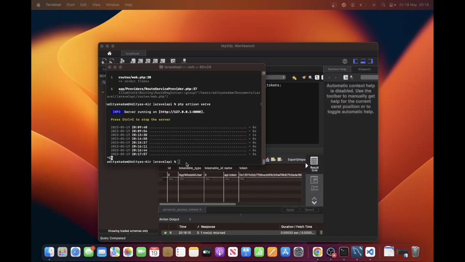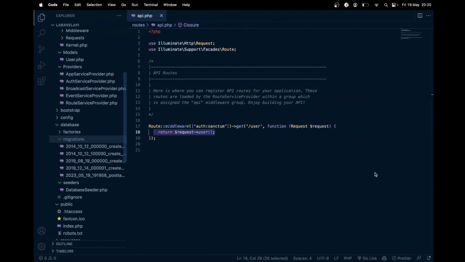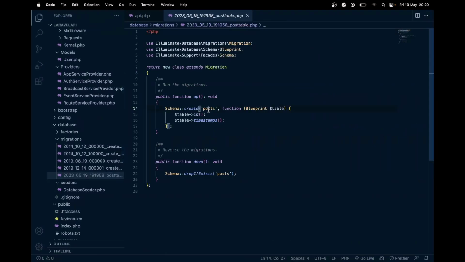run a command, php artisan make:migration to create a new migration, post table. That's the name of the migration. And I will say create. So after this, I want to tell what table it should be. So I'm going to say this refers to posts table. So that's the table name. So hit enter. And then if we look back, we should have a new migration file that refers to posts